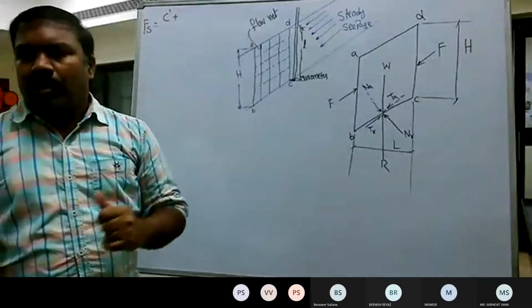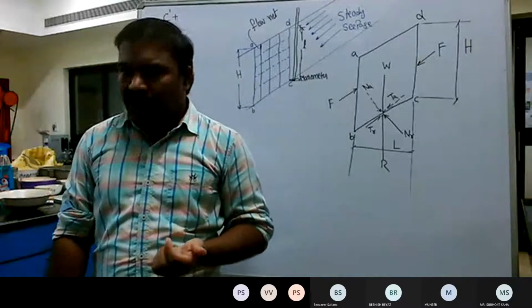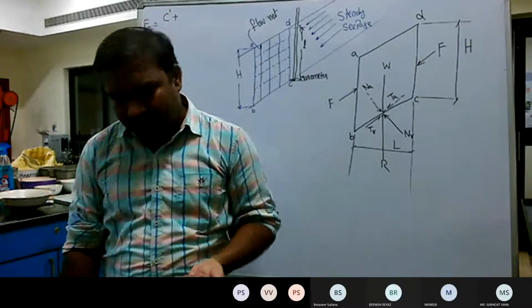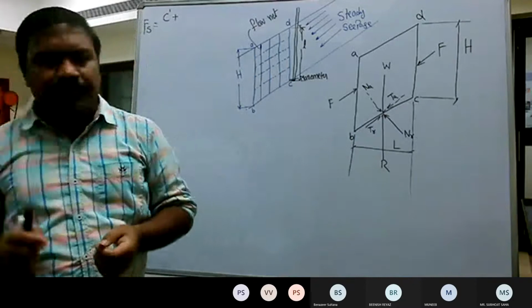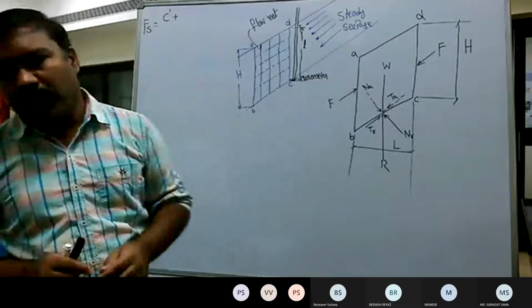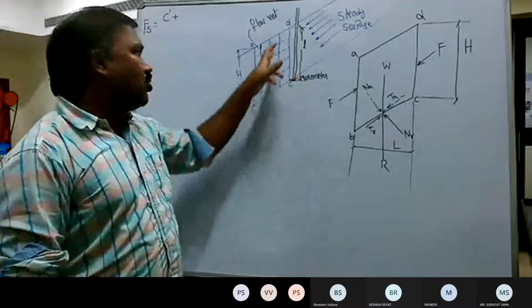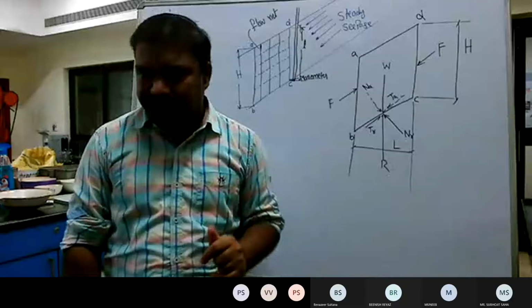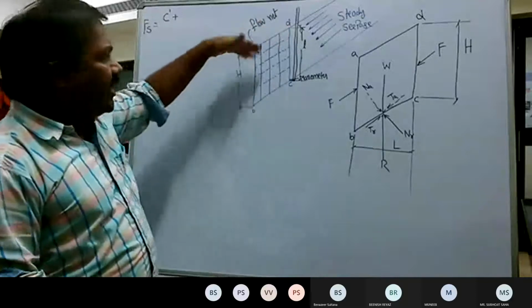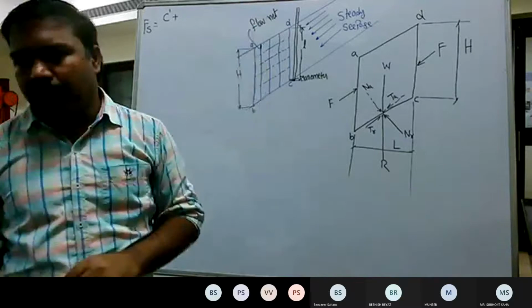The best way of representing the steady state flow is by simply drawing the flow net diagram, where the equipotential lines are orthogonal to the flow lines. Here I try to prepare some kind of flow net diagram. All these small squares indicate the flow net. The inclined lines are the flow lines and the vertical lines are the equipotential lines.